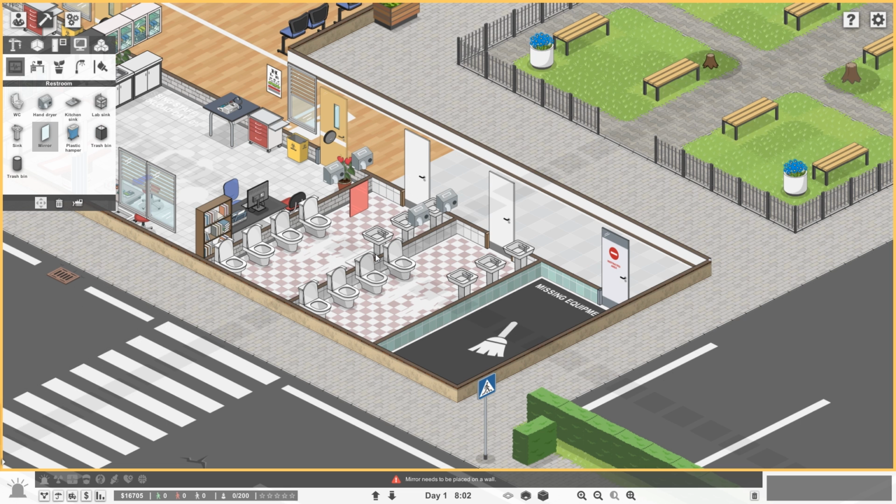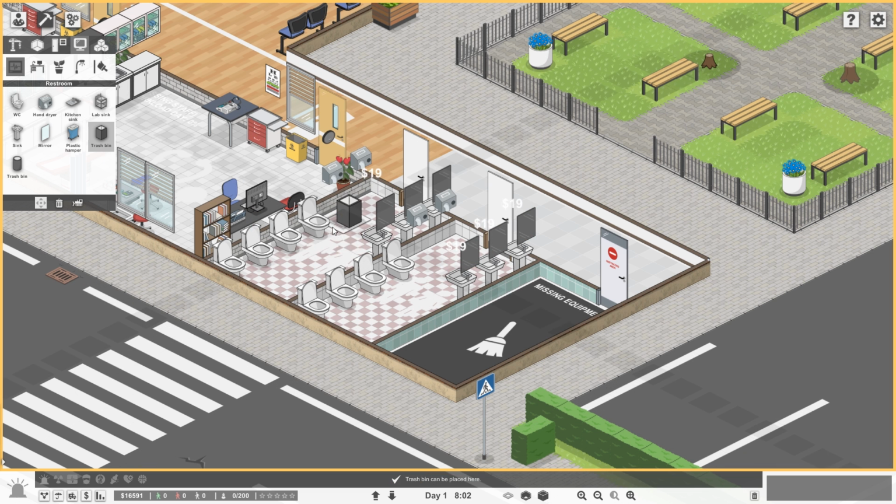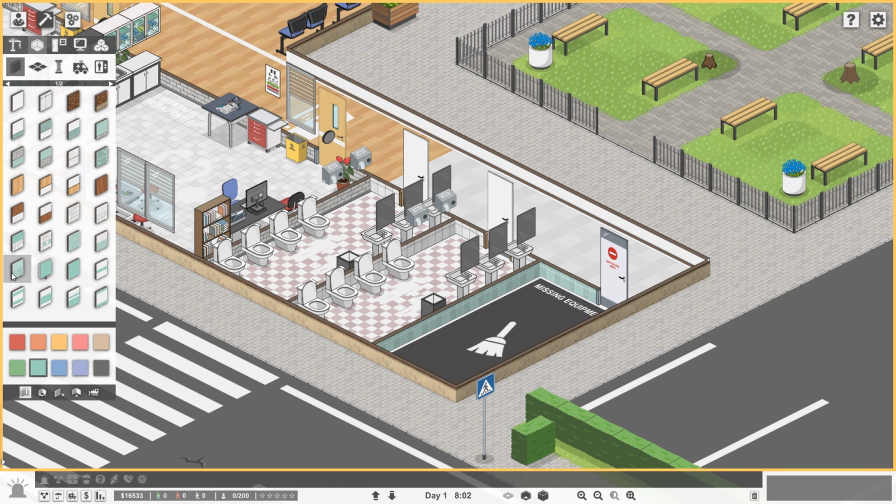Mirrors above sinks. Oh, we're wrong. There we go. 1, 2, 3. Trash bin. It's a little bit away from where it needs to be, really, but it'll do. And then we have a special wall for these. Where is it? It's that one there, look. So we can go like...